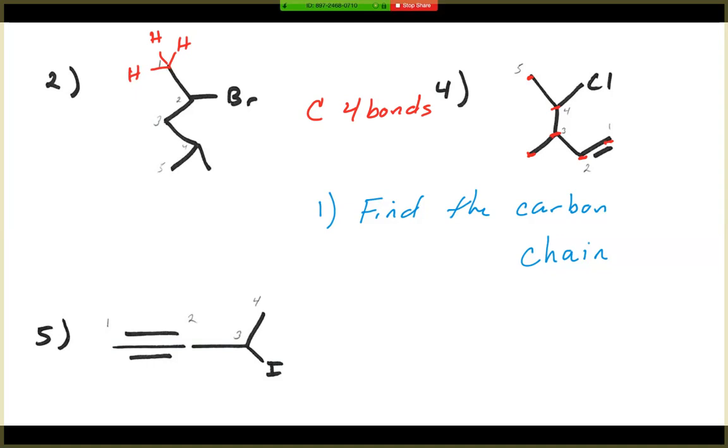If I go to carbon 2 on this molecule, I see I have 1, 2, 3 bonds already. So that means that carbon must have at least 1 hydrogen to satisfy all 4 bonds. And then I can keep going through the rest of the structure. This carbon 3 has 1, 2. So it's implied that there are 2 hydrogens on to complete the 4 bonds,